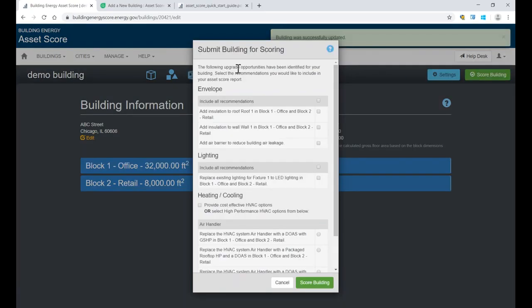And what you see here is a quick preview of what your report might look like. It already has evaluated your building enough to know that it's going to include a recommendation that you add insulation to your roof and your wall for our demonstration building, for example. And that's handy in a couple of ways. First of all, if you